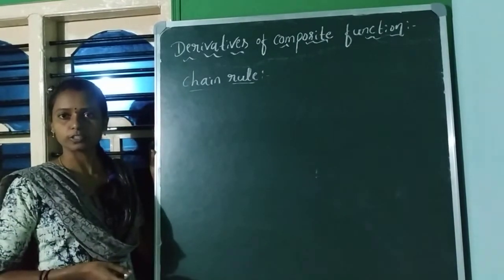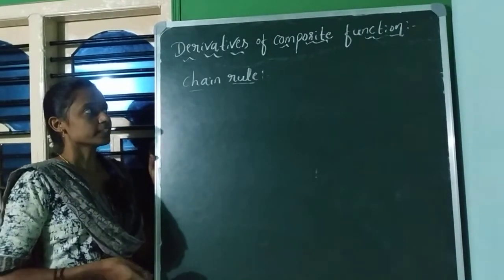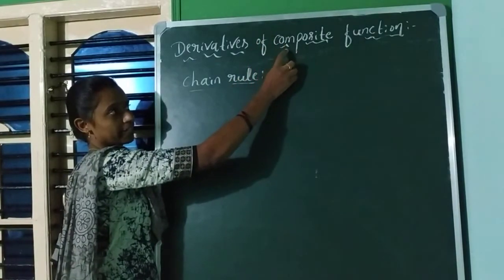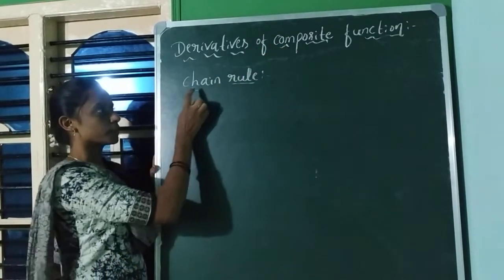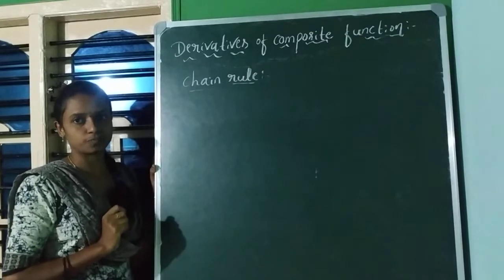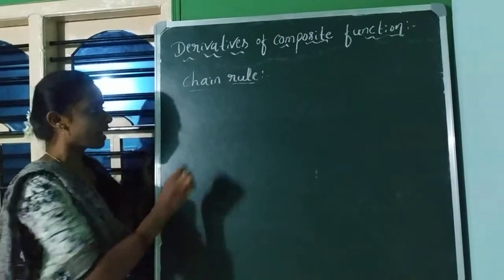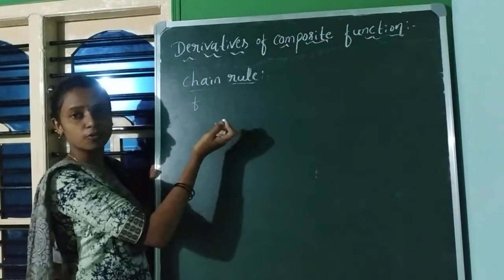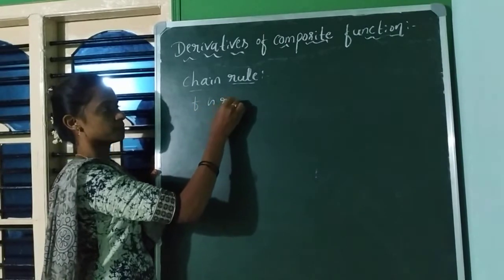Derivatives of a composite function. Okay, so to find the derivative of this composite function, we are going to make use of the chain rule. The chain rule is nothing but: I take a function f, which is a real valued function,